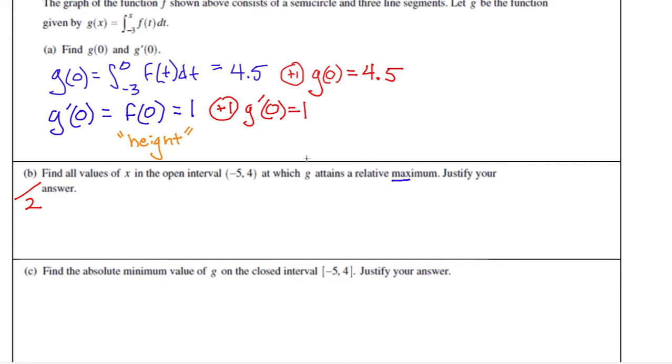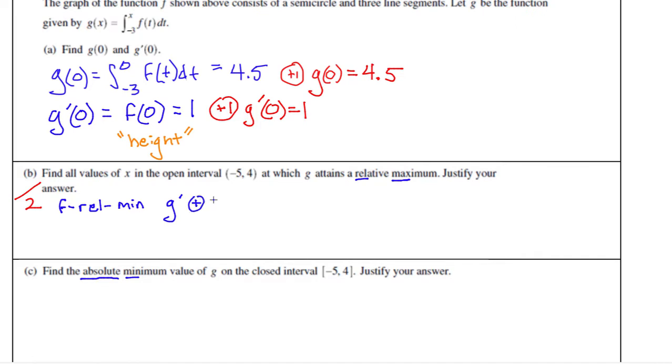You don't have to make a table. A table is only needed when you have an absolute minimum. A relative minimum, that's just going off of our definition. What is a relative minimum again, class, for anyone that's paying attention? A relative minimum is where